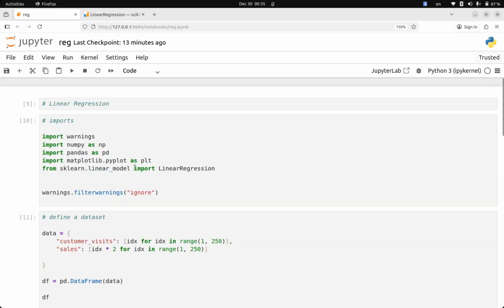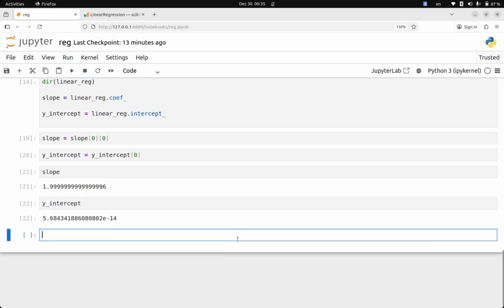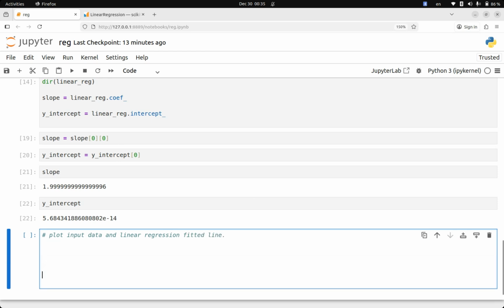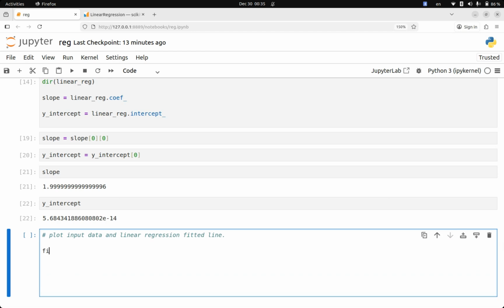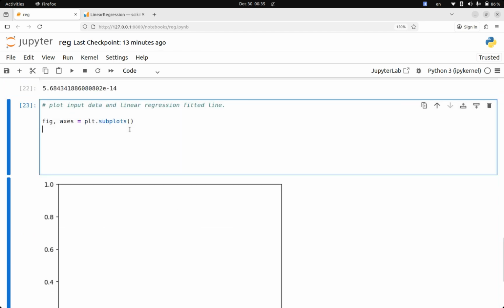So what do we need? We have imported matplotlib as plt, and I'll plot the input data and the linear regression fitted line. Let's call that. I can create an object, I think it's called fig, axis equals plt.subplots, and let's just see if the syntax is correct. So that's there, and to plot x, y point values,